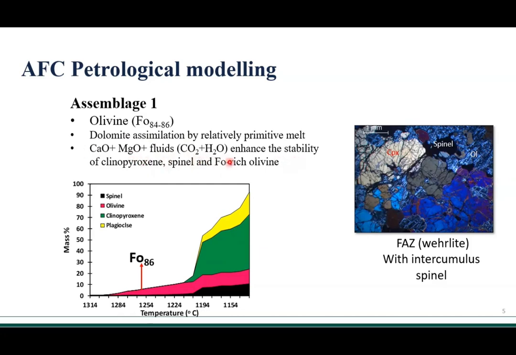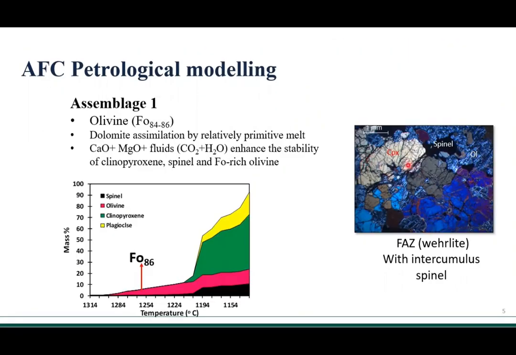And these components enhance the stability of forsterite-rich olivine, some clinopyroxene, and some spinel. Like we have here, the model shows that we would have olivine with a forsterite content of 86. So this represents this type of lithology, which I call a wehrlite, but it's like a hybrid lithology,